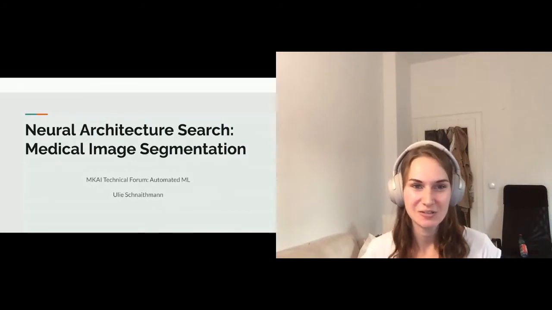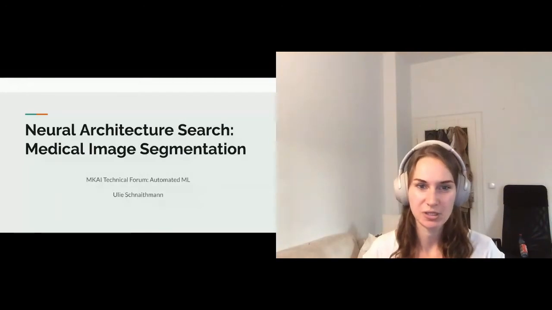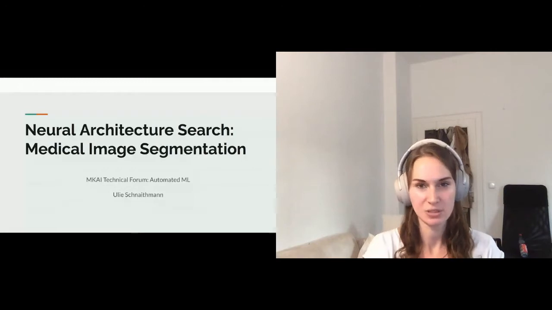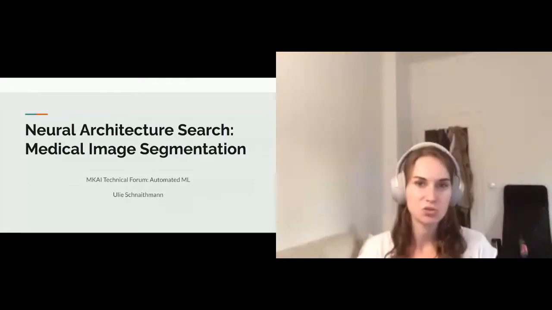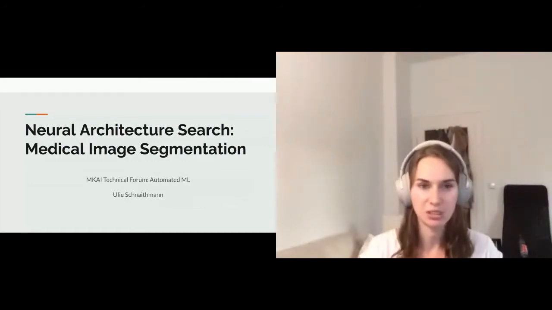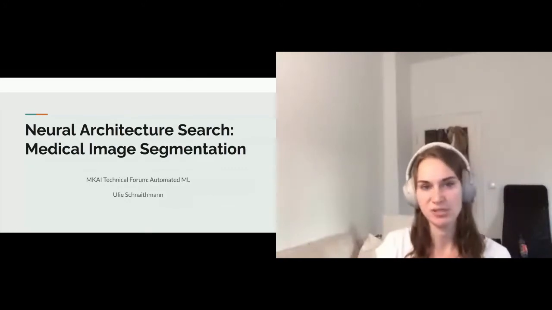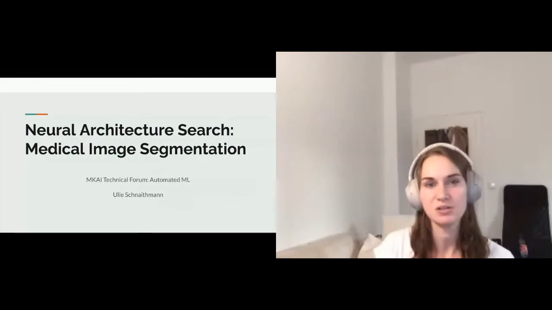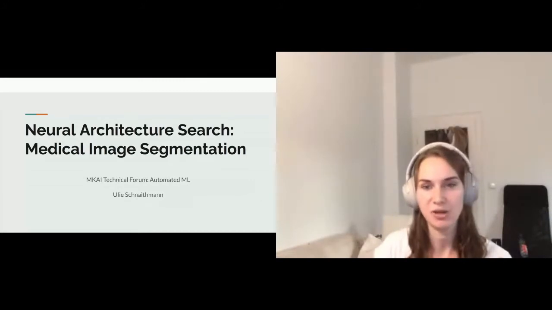Yeah, so my talk today is going to be about neural architecture search applied to medical image segmentation, which fits well into this forum of automated ML. And I will give you a quick outline as to how this fits in. Give you a short introduction into the topic, a few basics about neural architecture search, and a few basics about genetic algorithms, which is the subfield used in neural architecture search, and is kind of important for this use case that I will be talking about afterwards, which is